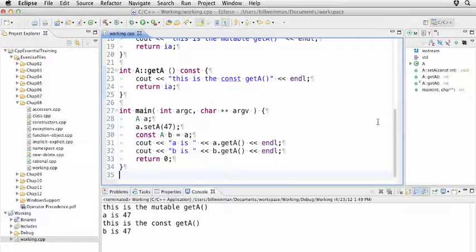So member functions are what make object-oriented programming possible. As we go through the rest of this chapter, you'll see that most of the other features of C++ objects are based on the ability to